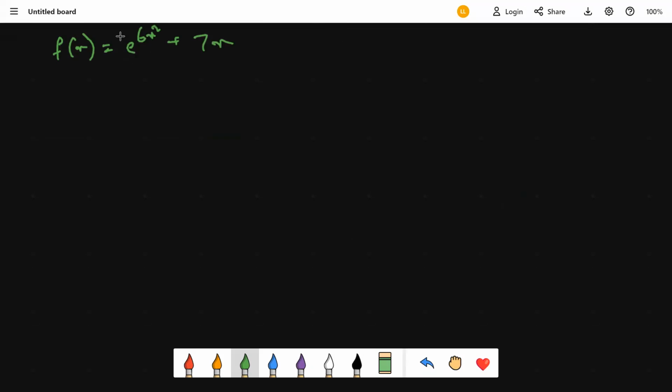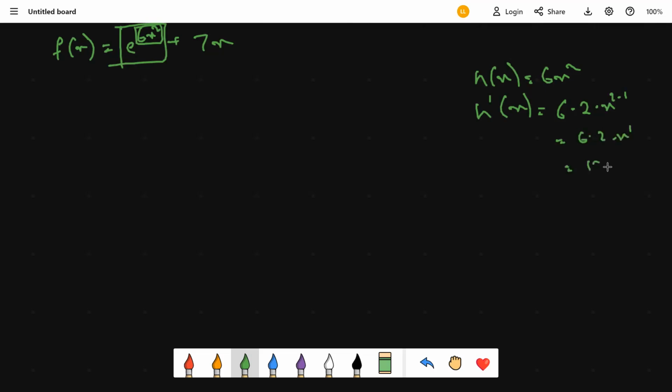Just consider the outermost function as a function, then consider that inner function as a normal function. Like if we have, let's say, a function h(x) equals 6x squared, then finding the derivative of it should give us what? 6 as a constant times this x squared. After differentiating it, what should we get? The 2 comes in front times x to the power 2 minus 1, isn't it? That means 6 times 2 times x to the power 1, which is 12x, isn't it? So differentiating this should give us,